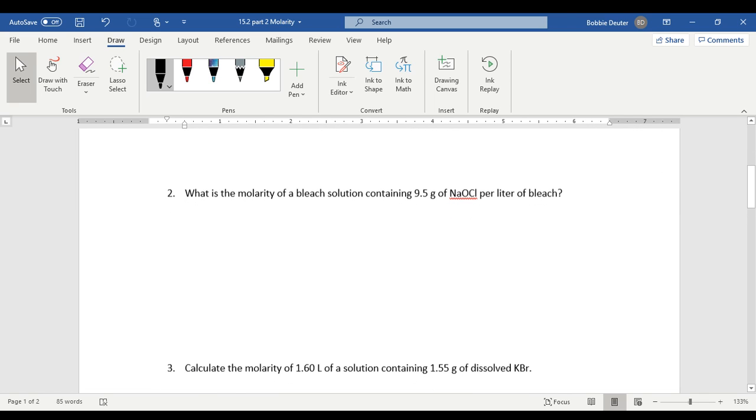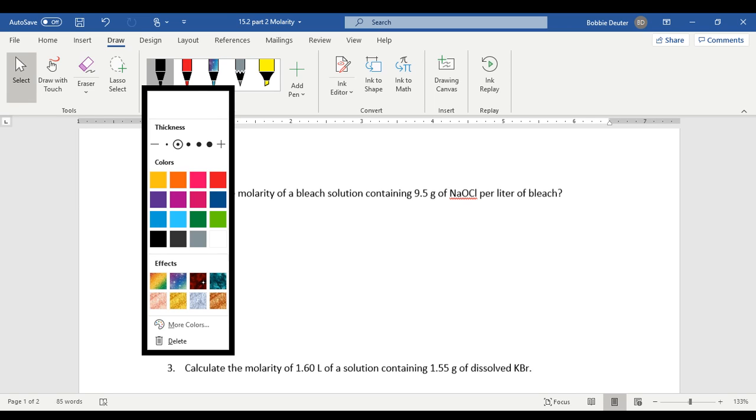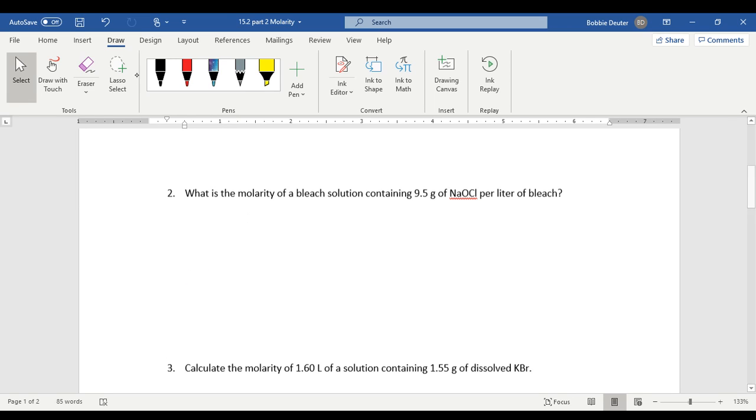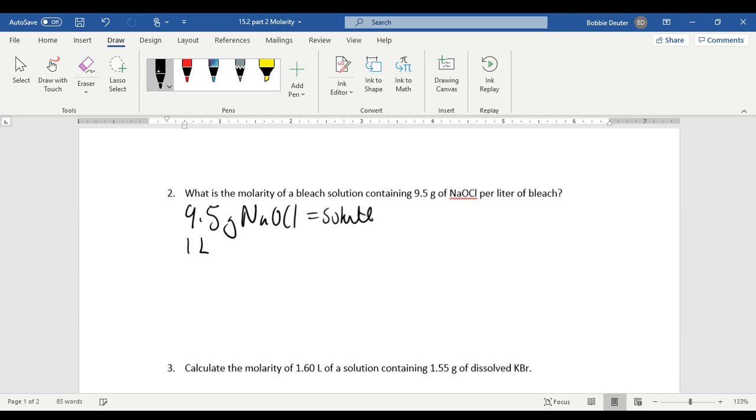This one's a pretty common one. We're going to be using bleach. If you see, we're given 9.5 grams of NaOCl, which is our bleach, and this would be our solute in 1 liter of solution. So again, we need to convert our 9.5 grams of NaOCl into moles, and we use the molar mass for that. The molar mass is